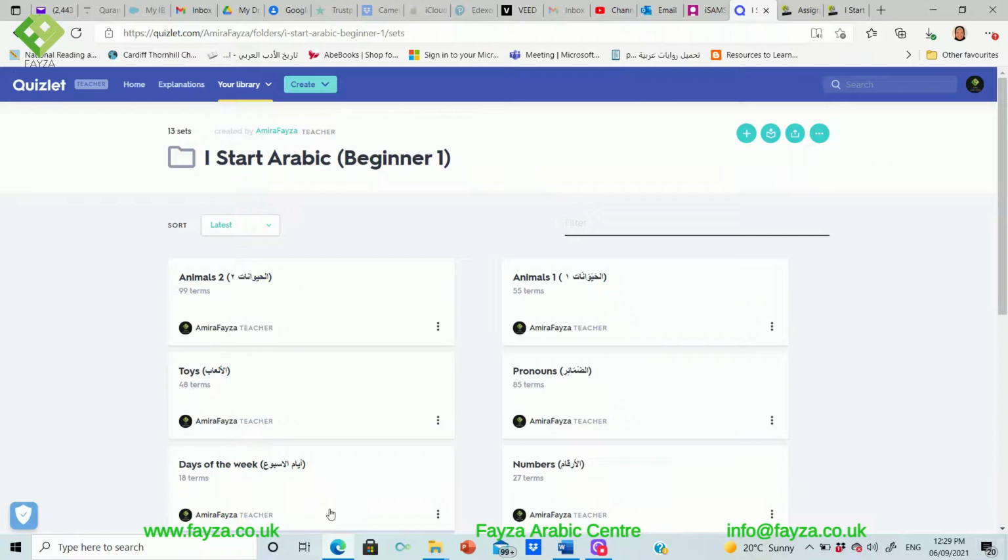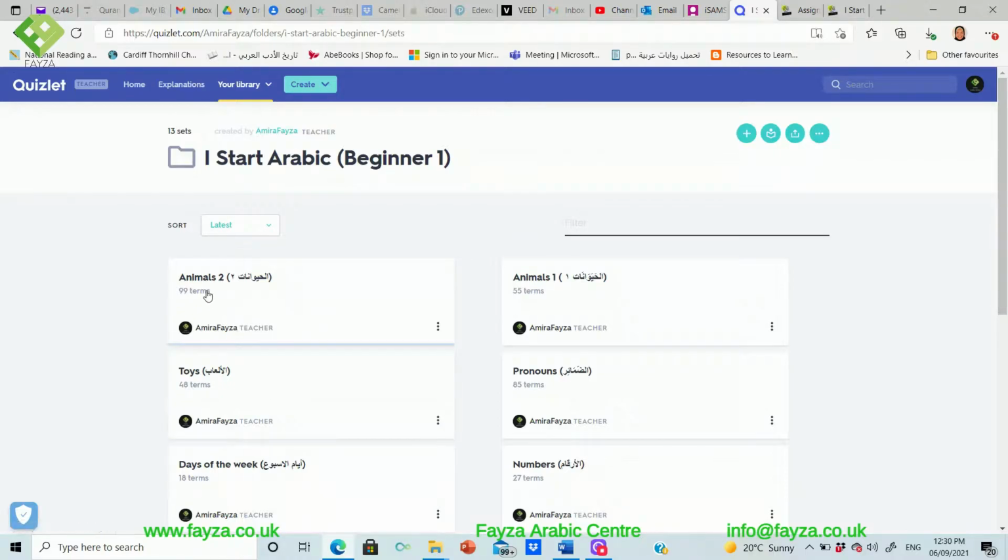Now in Fayza Arabic Center we have developed lots of sets in Quizlet for different themes based on what course the student is doing, and if the student is working for a specific degree or a certificate or anything, or just a general one. So based on the course, he or she will be given access to the suitable sets. But the question is, how can we use this or that set to improve our